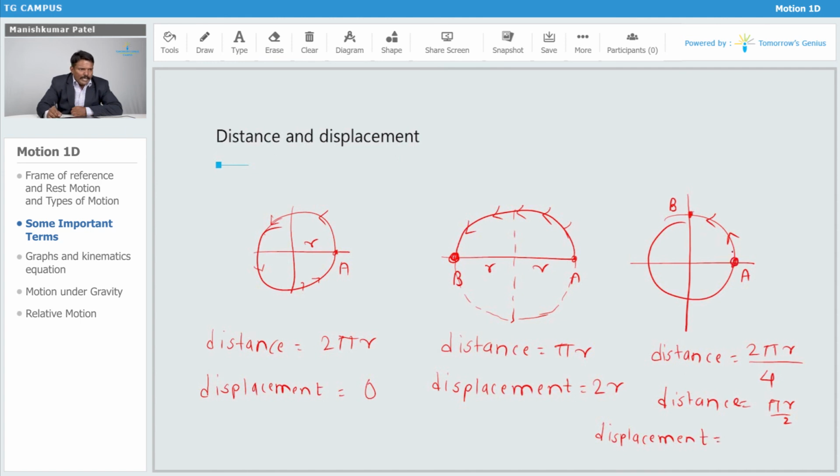So this is A and this is B. Just connect these two points. This is R, this is R. Now you have to find the length of the shortest path. Obviously, according to the Pythagoras theorem, it is R square plus R square, which is 2r square, so it is r into root 2. So the displacement for this particular case is r root 2, and the distance is pi r by